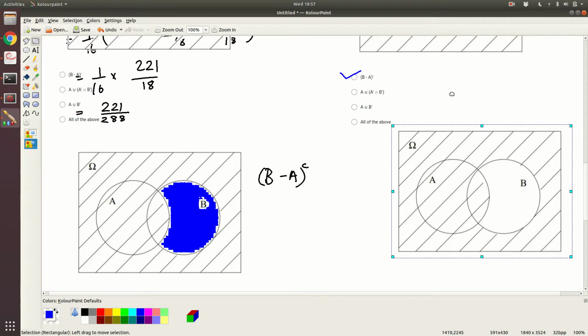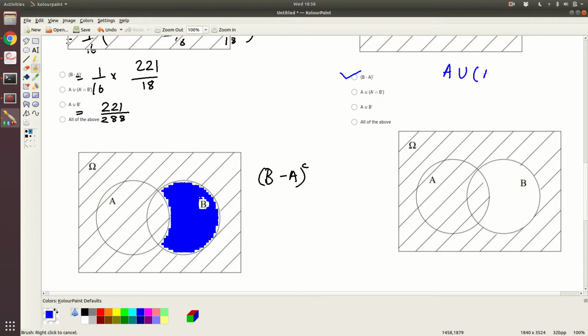Okay, so here you see there is a little bit you have to get comfortable with set theory business. So what you have is A union (A intersection A complement intersection B complement). Okay, so there are many ways in which you can expand this, but one of the easy ways, at least the way I would do, is to understand that you can write this as A union B complement. All right, so that I feel is a good way to do this.